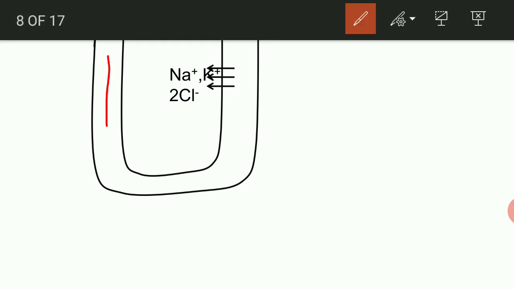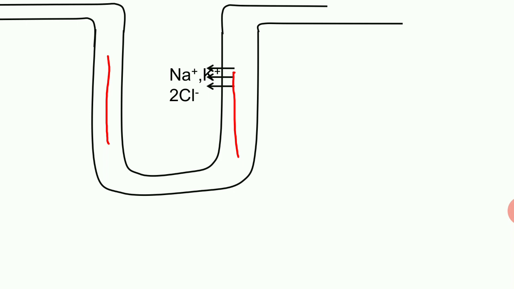Now coming to the schematic diagram of the loop of Henle. In this diagram we are seeing the thin descending loop of Henle and the thick ascending loop of Henle. In the thick ascending loop of Henle there is one transporter, NKCC, the sodium potassium 2 chloride transporter, which causes absorption of sodium, potassium and 2 chloride, and because sodium is coming into the medullary interstitium, it will increase the osmolarity of the medulla.